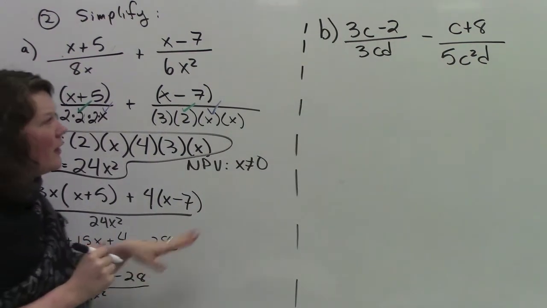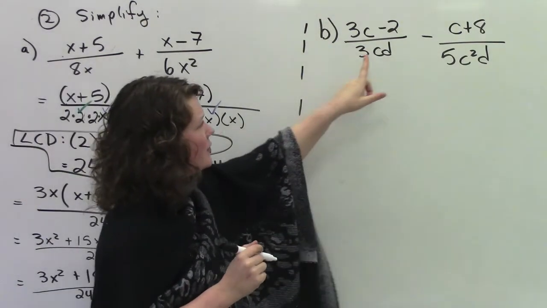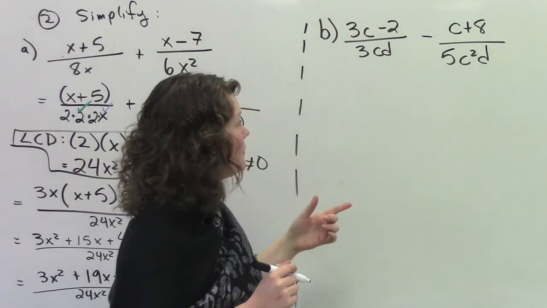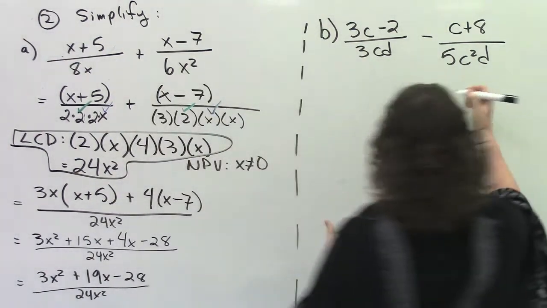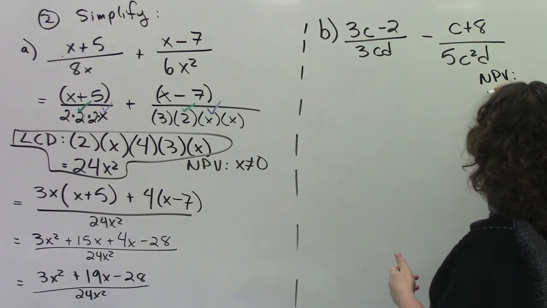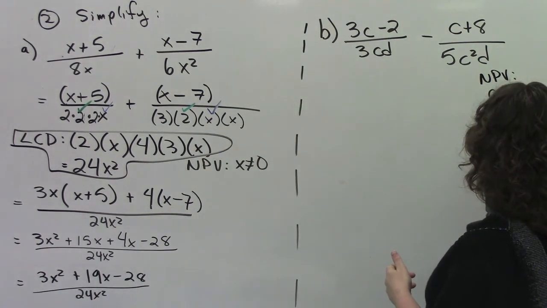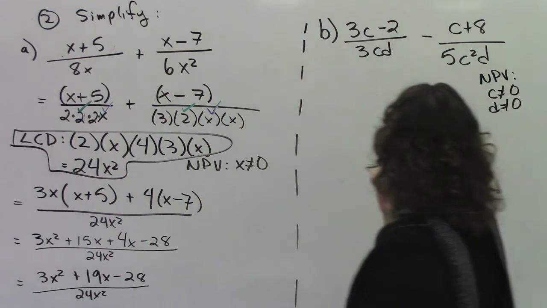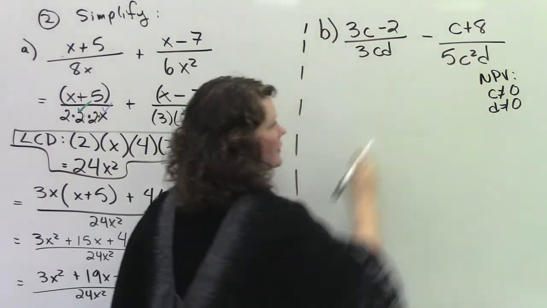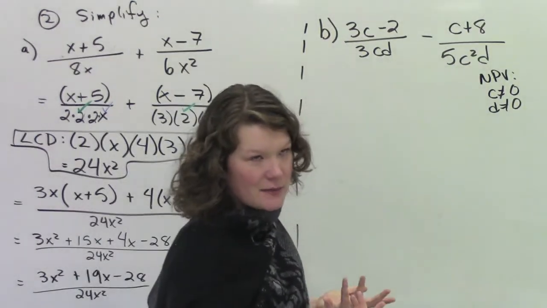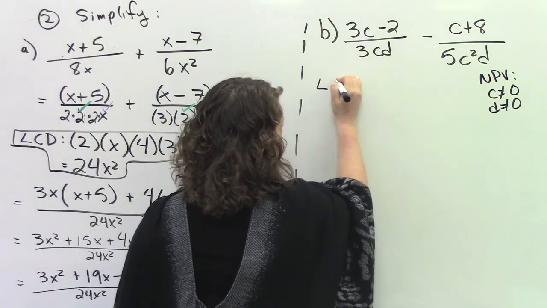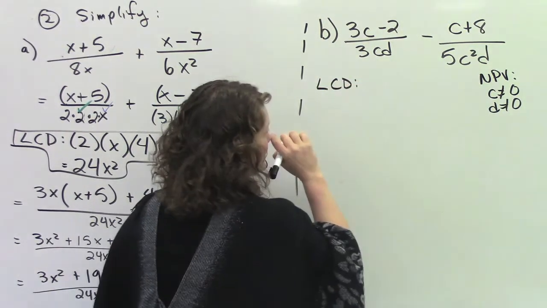Moving on to b. What we need to do first is find that lowest common denominator. Another thing at this point is non-permissible values. C cannot equal 0 and D cannot equal 0. At this point, I'm not going to rewrite it so that you can see that C squared is C times C. I hope that you can figure that out. So the lowest common denominator is going to be